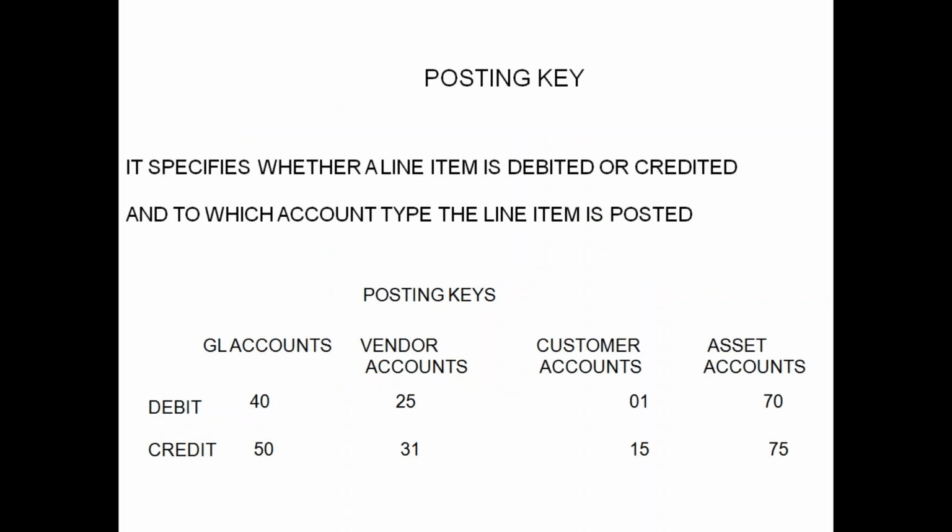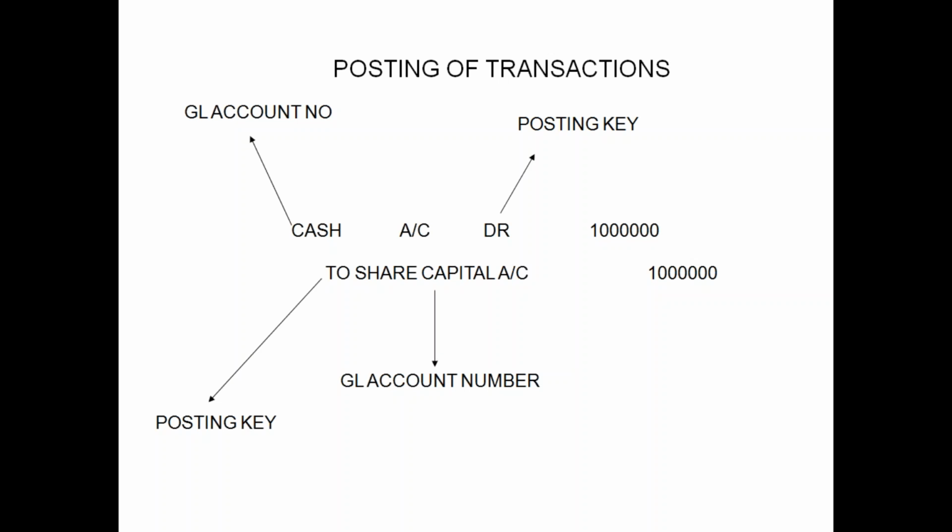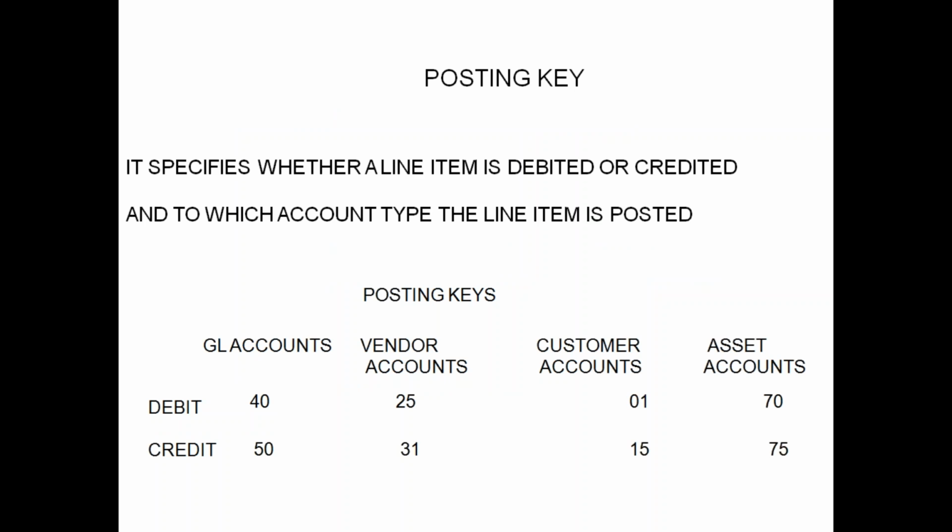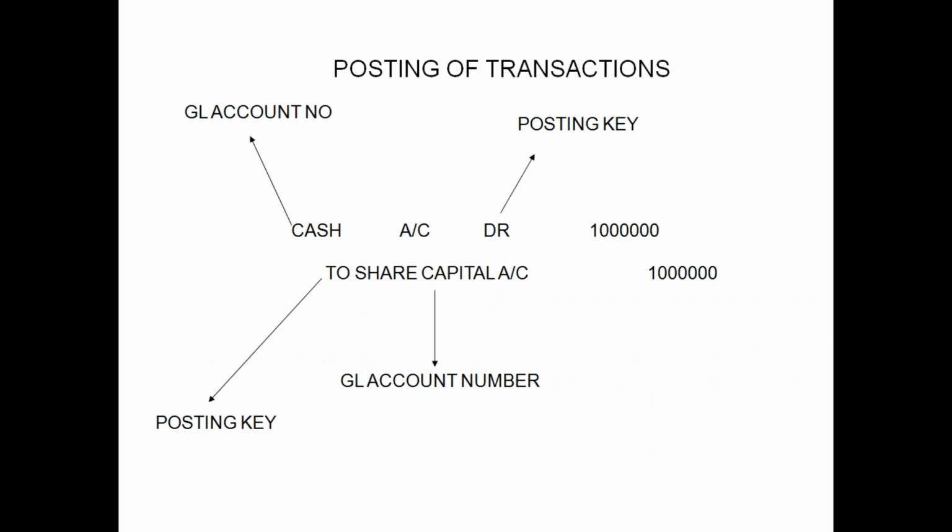For example, if we have this line item cash account, it says you can use the posting key 40 or 50. Why? Because these posting keys can only be used for the GL account. We cannot use 25, 31 or 01, because the account types are different for these posting keys. These are used for vendor, customer, asset, and so on. So if you want to debit your cash account, you enter 40, and for the credit to your GL account,